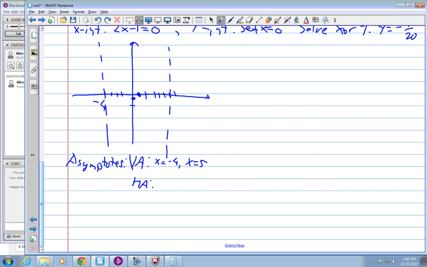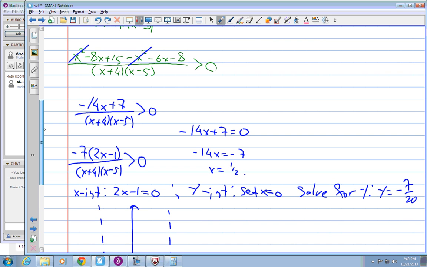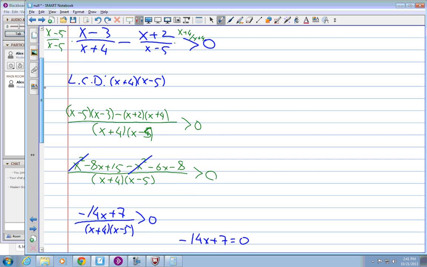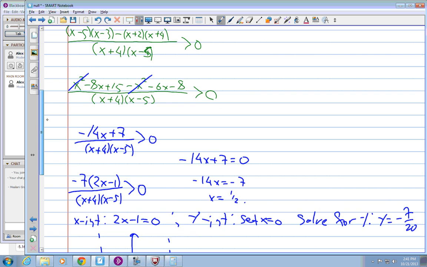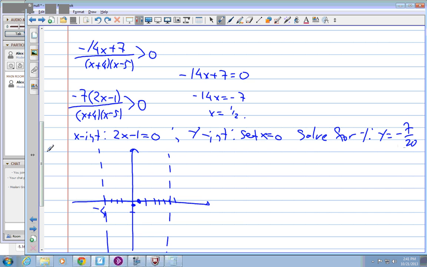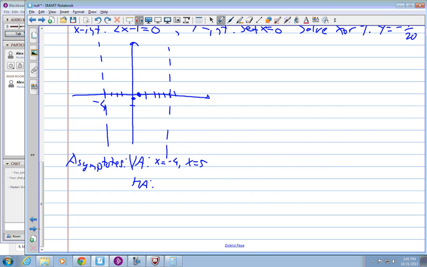What about horizontal asymptote? Anyone? Your numerator is linear, your denominator is quadratic, isn't it? So what is the asymptote when it's linear over quadratic? What is the horizontal asymptote when it's a linear, degree 1, over quadratic? Yeah, 0, so y equals 0. Denominator is bigger, so